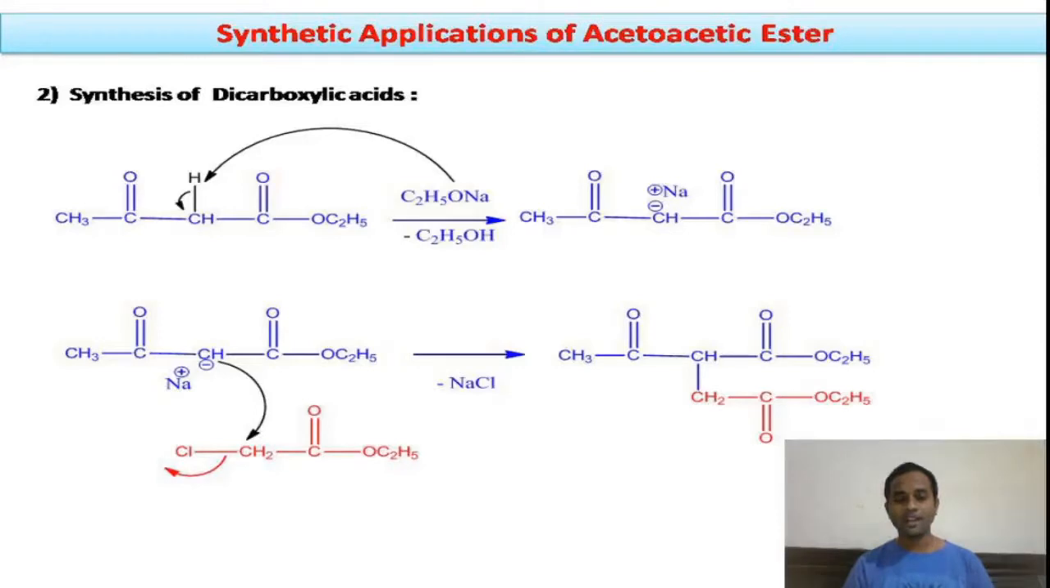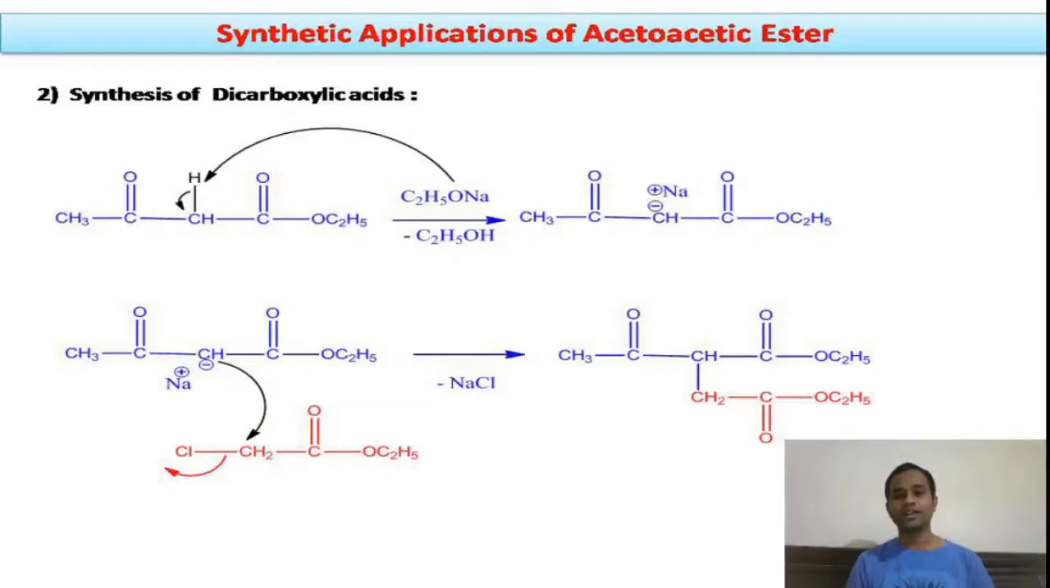This formed carbanion, upon attacking the alpha carbon of the alpha chloroester, will undergo nucleophilic substitution on this chloroethyl acetate to give this product, right? In this product it is having two ester groups as well as one acetone group, that is keto group. This formed compound,